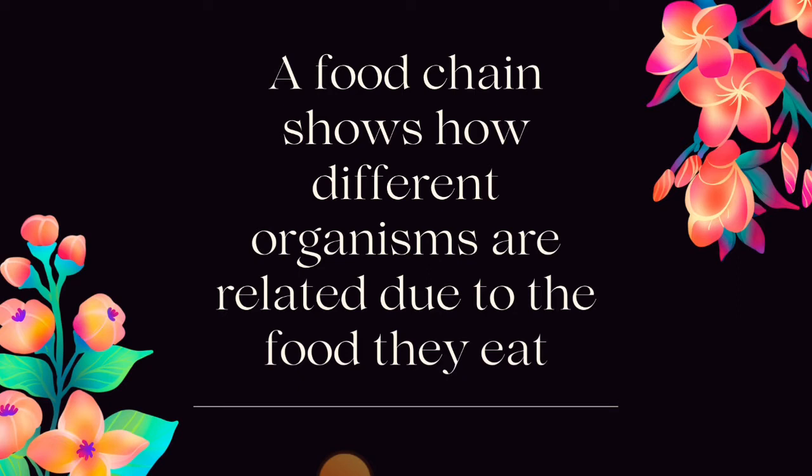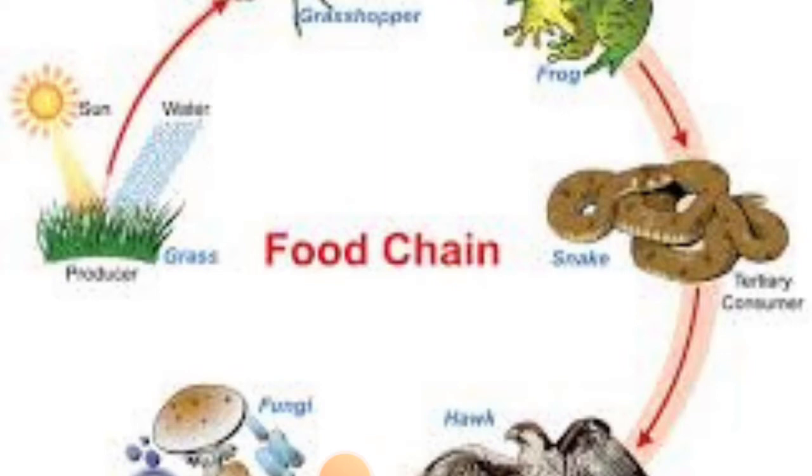For example, grass. A grasshopper eats grass. So the grass itself is food. The grasshopper too is food, because a frog can eat the grasshopper. You see it? So grasshopper is food, grass is food. They are linked. The frog itself can further be taken by a snake. True or false? And then a hawk, you know what a hawk is? A hawk can eat a snake. And finally, when the hawk dies, it's being decomposed by fungi, earthworms.